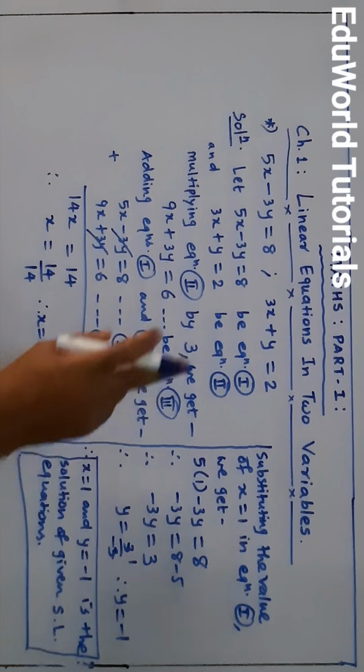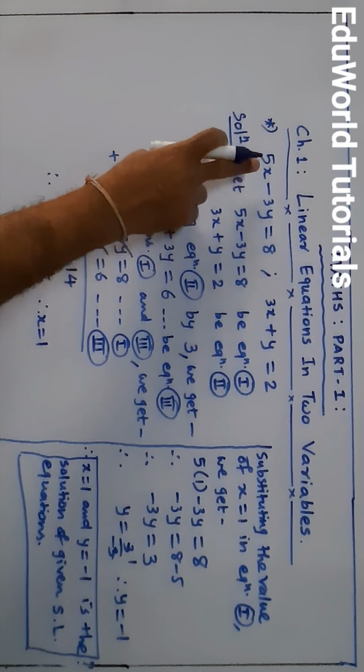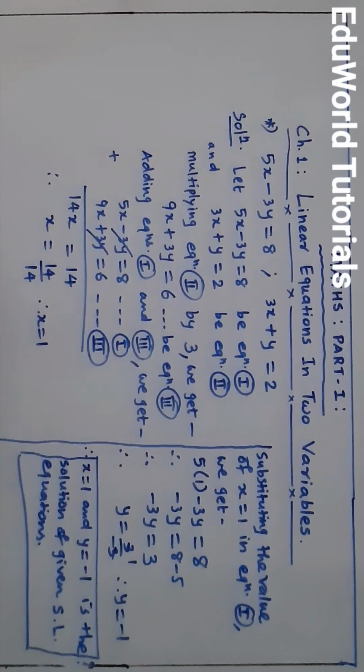So we are getting the correct right hand side. If you put the values of x and y here, we get the correct right hand side. This is how we have to check whether our answer is correct or not. Okay, this is the way we have to conclude writing the answer of this question.